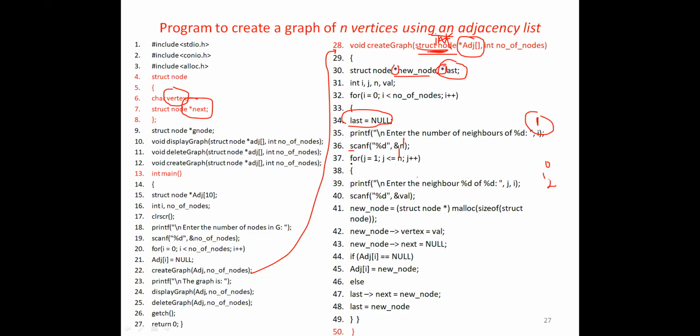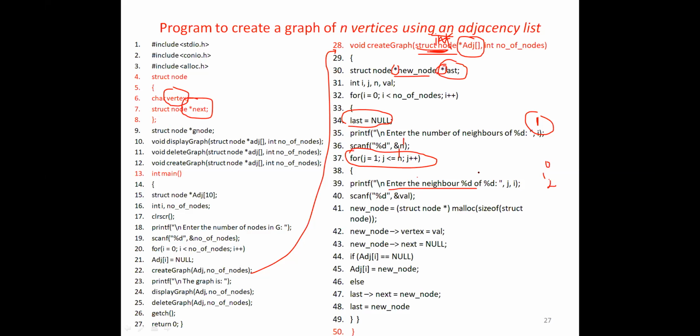So this for loop will run for the number of nodes, I mean the number of adjacent nodes to vertex 0. Based upon the input you are giving, how many neighbor nodes there are. Here we have given only 1. The count is 1. So if N is 1, this for loop will run only one time. We are telling it to enter the neighbor. Either it can be 1 or 2. Okay.